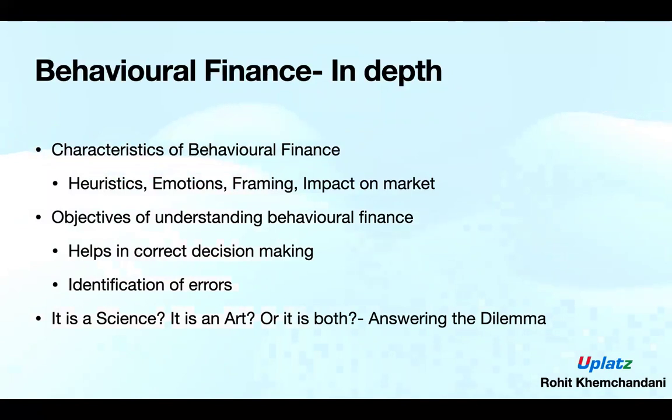At the same time, if we consider it as an art, in art we create our own rules and do not work on rules of thumb as in science, so there is basically no thumb rule in art. Art helps us use theoretical concepts in the practical world. At the same time, behavioral finance focuses on the reasons that limit the theories of standard finance and also the reasons for the market anomalies created. It provides various tailor-made solutions to investors to be applied in their financial planning. Based on the above, behavioral finance can be said to be an art of finance in a more practical manner.